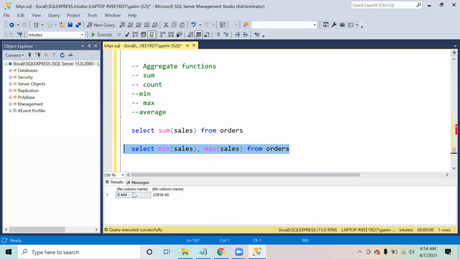And if you see, now the column names are coming, and now we know how to rename them. So if I write over here as minimum, and this I call as maximum, it is going to give the header names, the column names also, so that it's easier to understand which is the minimum value and which is the maximum. Although from the values we can interpret, it's still always a good idea to show it as the header name.